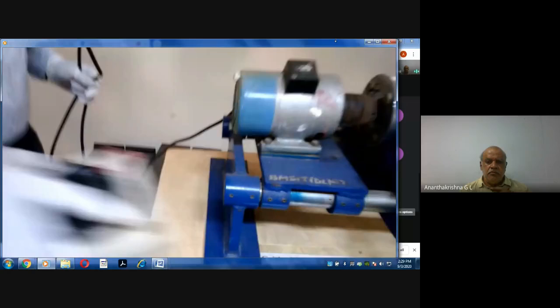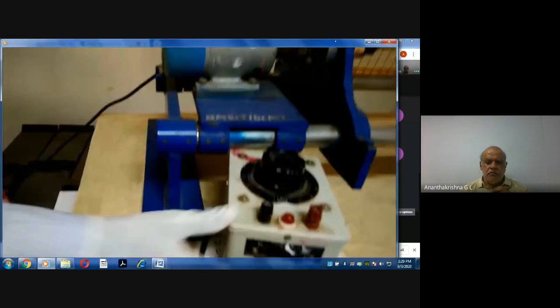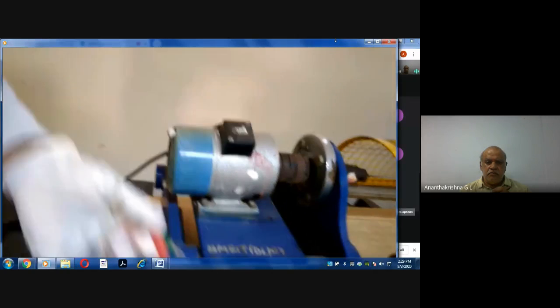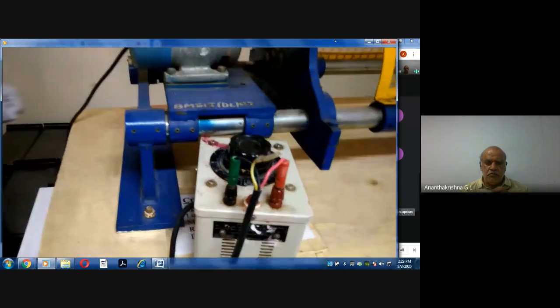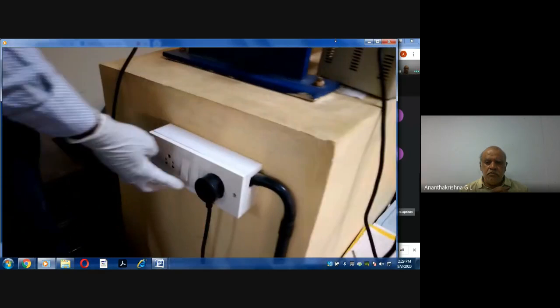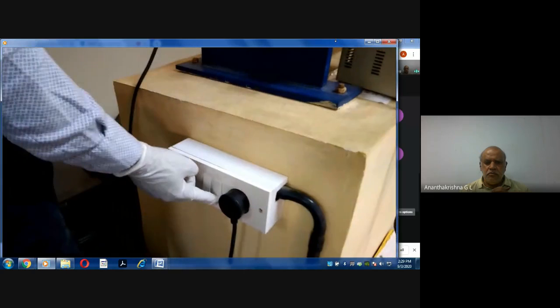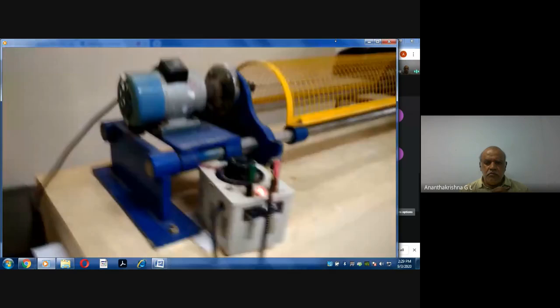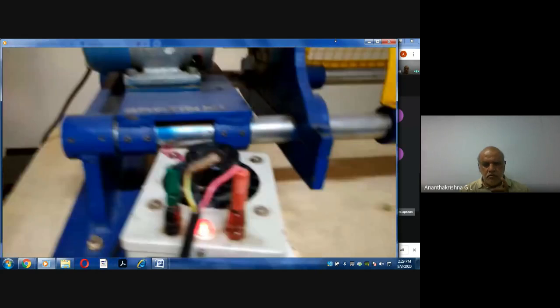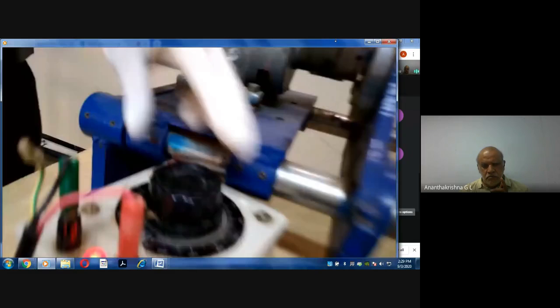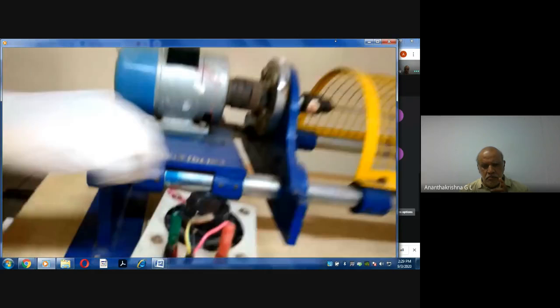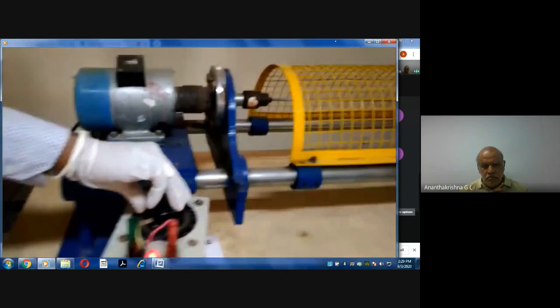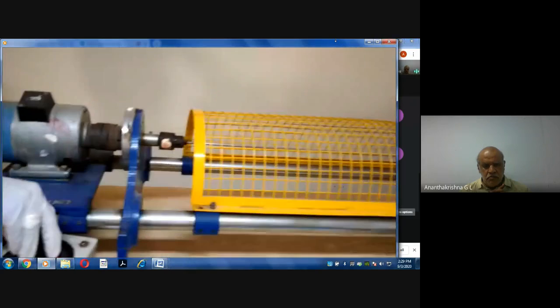Now, before you start the exercise, you take up the dimmerstat. That is the dimmerstat. Then from the knobs from the motor, connect them to the dimmerstat. You have yellow and red and green knobs connected to the dimmerstat. The dimmerstat in turn is connected to the plug point there. So switch on the plug point and see that the dimmerstat is at 0 position before you start your experiment. Before you start the experiment, see that the dimmerstat is at 0 voltage. Now you start giving the voltage through the dimmerstat and the shaft starts rotating.